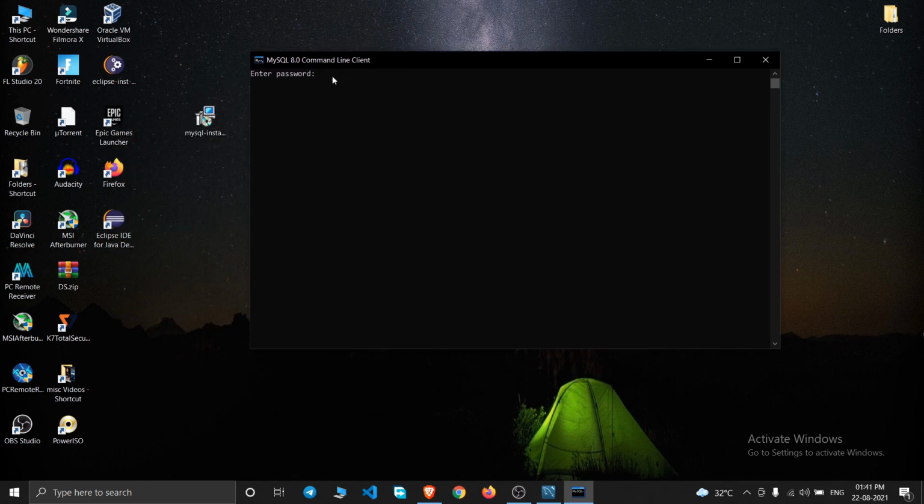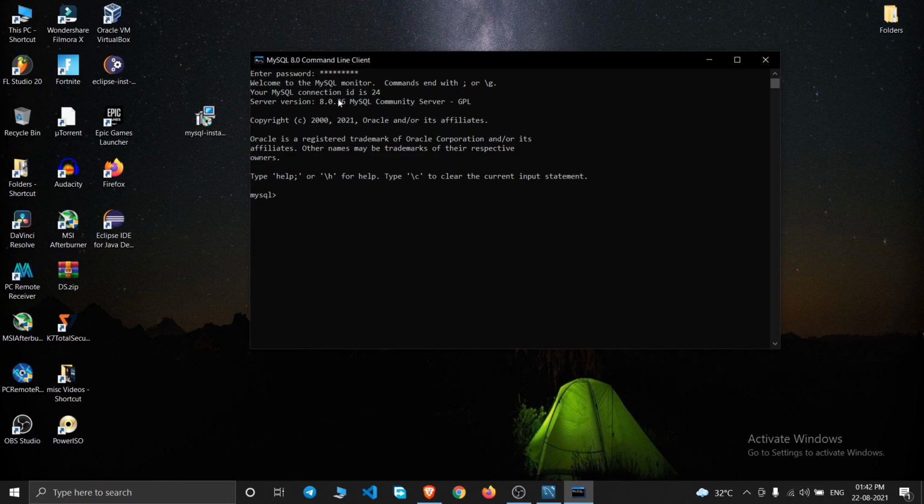So I'm entering my password and then pressing enter. Now I am connected with my database, so I can check by typing some commands here.